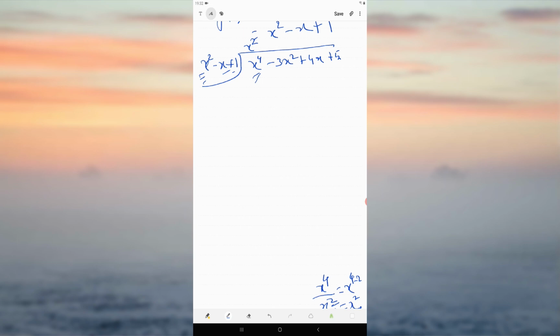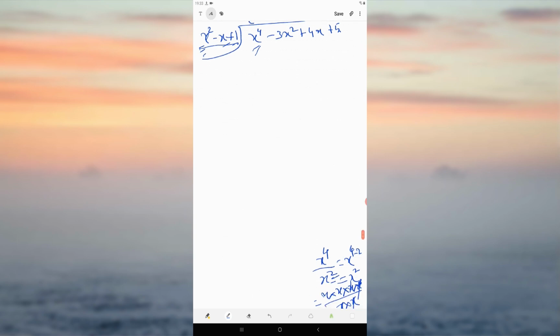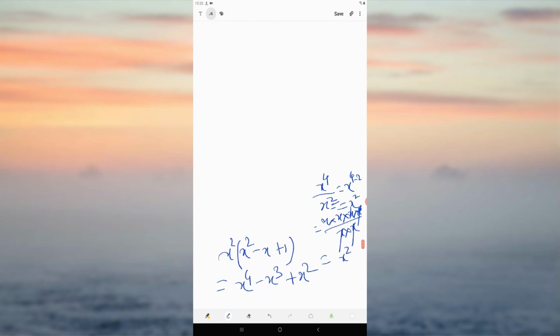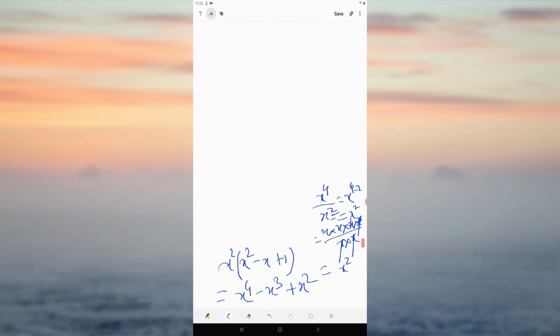But what about the other digits? There are minus x plus 1 also. So that whole thing should be multiplied. We get this x square by the division of the highest power, that's true, but the other things are also there, right? That will also get multiplied. Whenever we are doing division, that also should get multiplied. That's why the whole quotient should be multiplied. It's not only x square by x, there are other things also that should be multiplied. Remember that. So when we multiplied x square minus x plus 1 into x square, we got x4 minus x